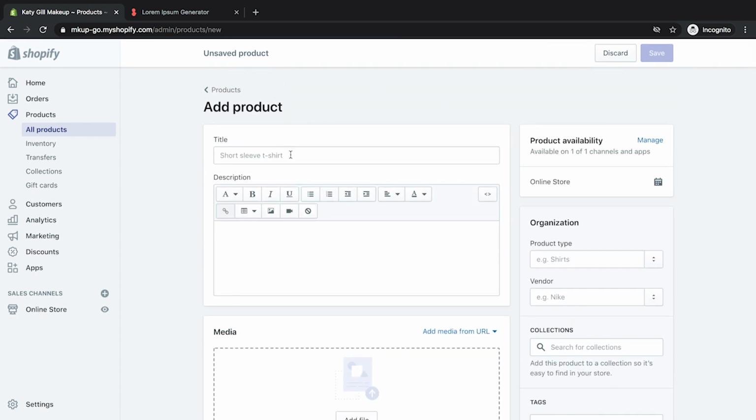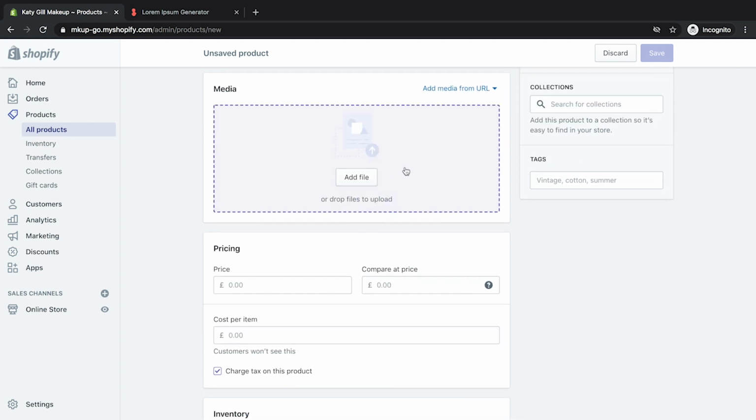So title, this will be the title of your product. This will be where you add your description. Don't add too much text. Add the minimum amount of text you need to sell the product to the user. Show them or explain to them what the benefits of your product are. Don't go overboard on the text. This is what we know in the industry as user experience 101. If they see a big block of text, they're going to get bored and not read any of it. A short paragraph, they're more likely to read. Here's where you add the images for your products. I think you can add as many as you like.